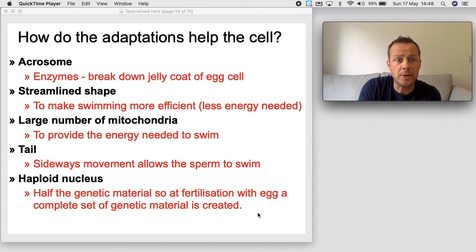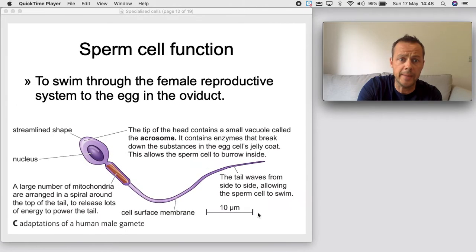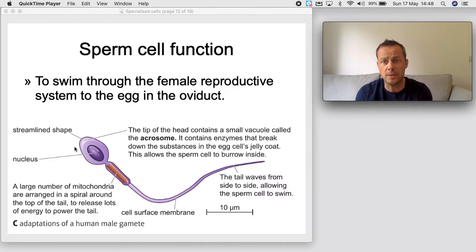So first of all, the acrosome. I'll show you on the previous slide now. The acrosome is in this area here. And it's the tip of the head of the sperm, and it contains lots of enzymes. Those enzymes are there to break down the jelly coat and the cell membrane of the egg cell. So when the sperm swims towards the egg and it fuses with the egg cell, it breaks down the cellular membranes, and the nucleus of the sperm can fuse with the nucleus of the egg. So the key word there is trying to remember the word enzyme, to break down the jelly coat of the